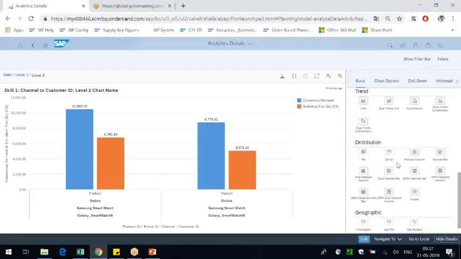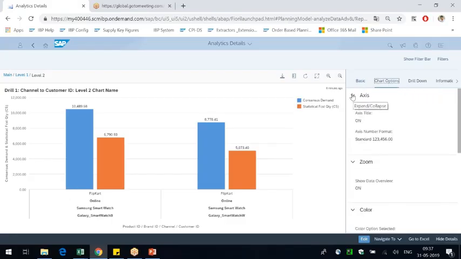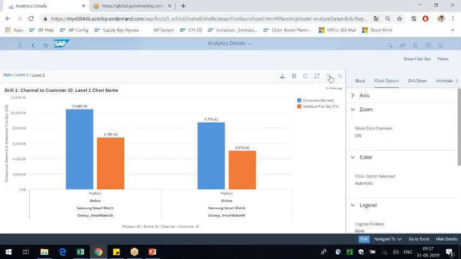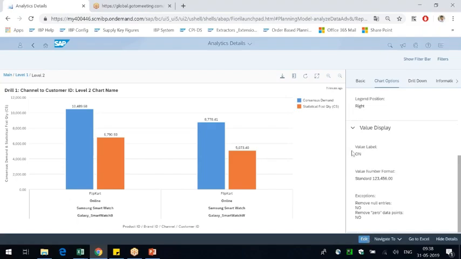In the details, you can also create some kind of a geographical chart, connect different DCs and stuff. There is also a supply chain network. We'll go there eventually. Chart options: we have access, whether the axis number formatting has to be displayed or not. Zooming in, this is on, so I can zoom in. As of now, it's just a 2 data set, that's why it is displaying here. Otherwise, imagine you have 10 SKUs, how this chart would look. So you need the zooming function here. Color, legend, value display on or off. If you turn display off, the values will not appear here. So people have to understand based on this legend here.